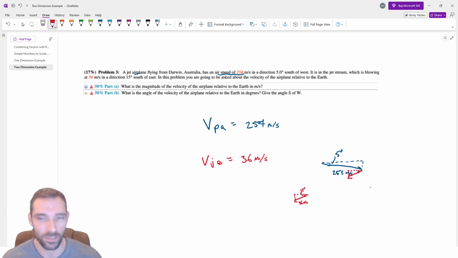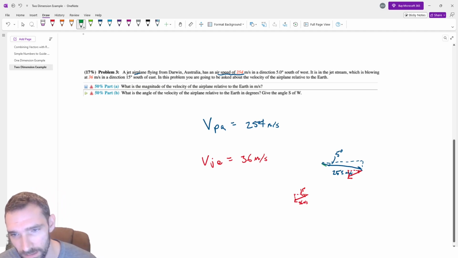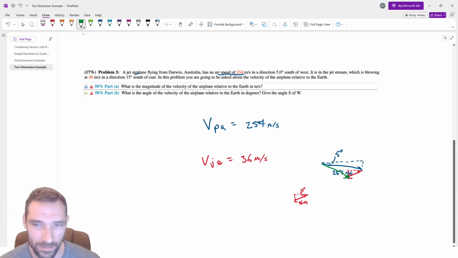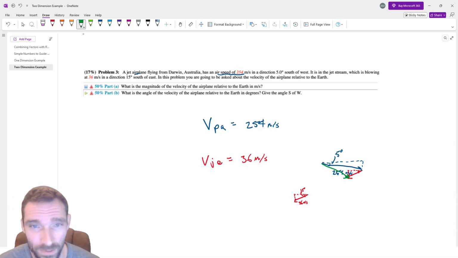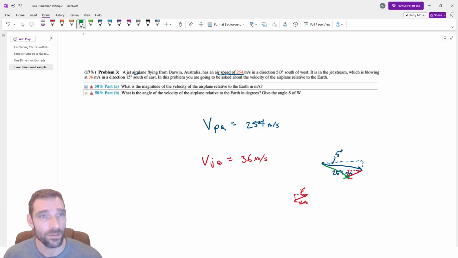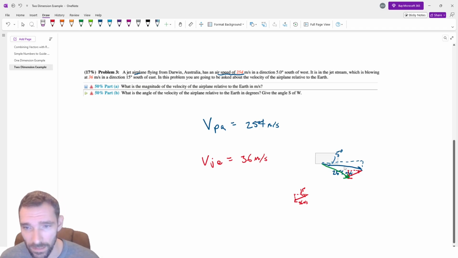Now I can just look at this and tell you that the resultant is going to be somewhere in this direction, and give you a rough idea that it looks like maybe 200-ish meters per second. But to actually get this calculated, we're going to need to look at the x and y components and actually break them down. So this first one, what we had in blue,